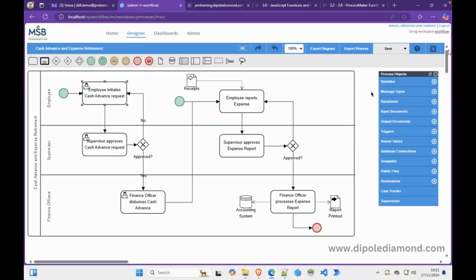So in our previous lesson, we created the supervisor approval form. We created the necessary triggers. We added JavaScript logic to our form, and then we tested what we had done. And before we continue in this session to work on the form, triggers and JavaScript logic for finance, the third task, which is the finance disbursement task,